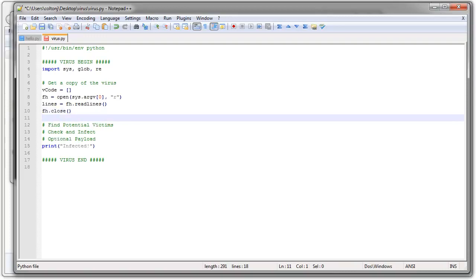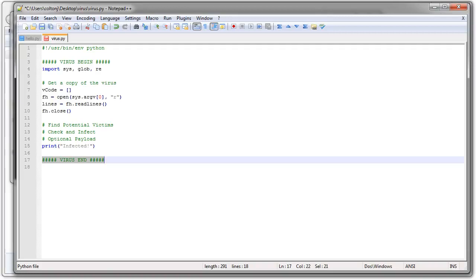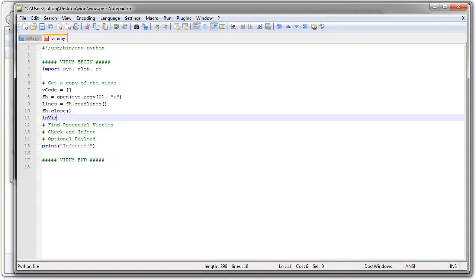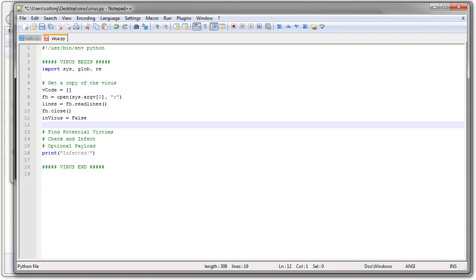At this point, it's time to figure out where the virus begins and ends. I know it starts with this comment here and ends with another comment down here. So I'm going to keep track of whether or not I'm in the virus or not. So in_virus equals False. And then we'll read through the lines one at a time: for line in lines,